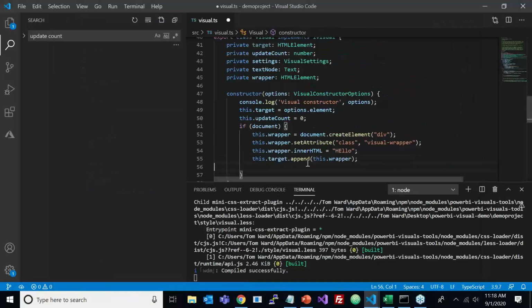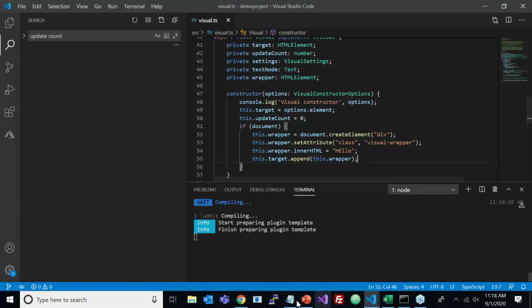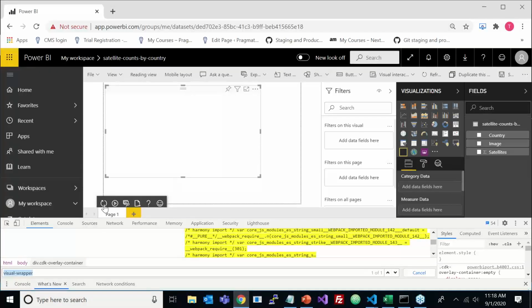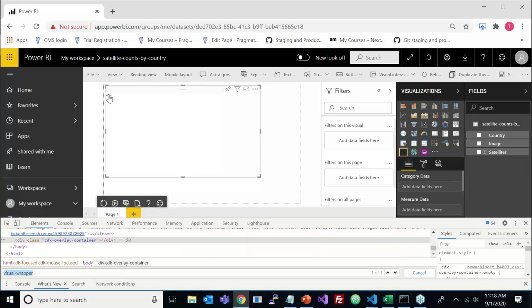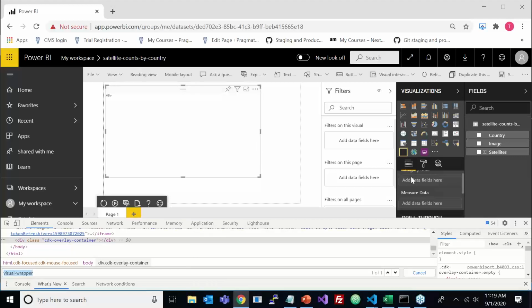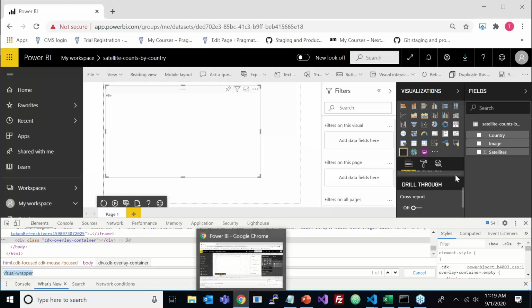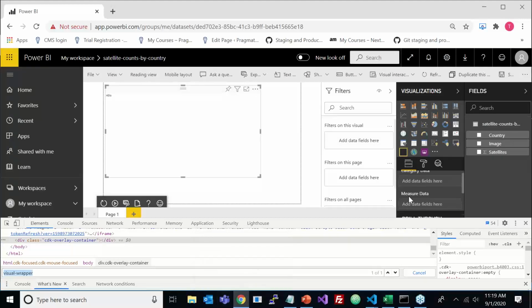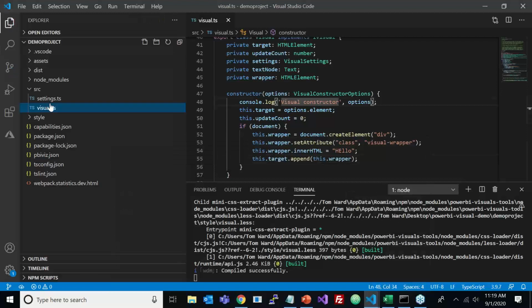And then we'll want to append this wrapper to the actual DOM by this.target. And this.target is the reference to our actual visual constructor here. So here we go. This should now render to the DOM now that we have everything in place. And here we can see our hello text added to the DOM. And using these simple techniques, you really can capture a lot of power because we've already added HTML and JavaScript to the page, and now we can do whatever we want and capture this data and really get moving. So let me go ahead and add our data inputs here, and we'll modify those